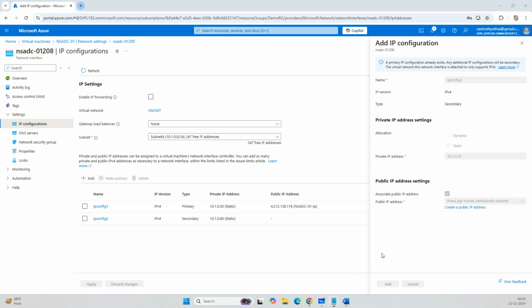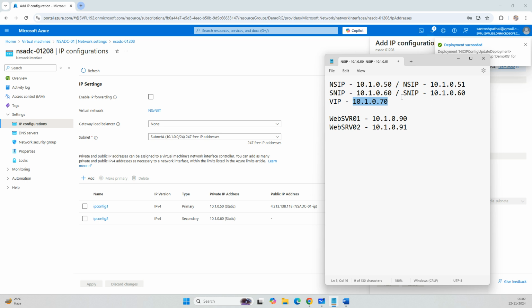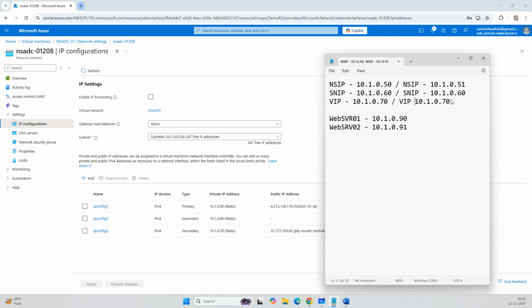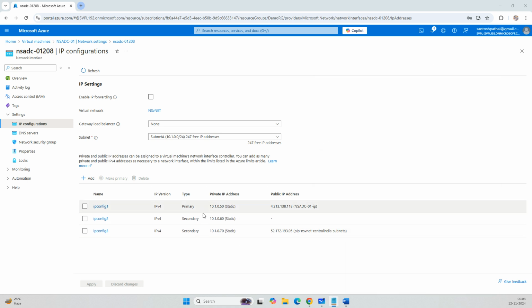Now, when you will be configuring high availability on Netscaler, on the ADC instance 2 also, you will be using these same two IP addresses. You'll be using on the ADC 2 also 10.1.0.70 as the VIP, virtual IP address or virtual server IP address, and SNIP will also be 10.1.0.60. On Netscaler, maybe we will not be doing the configuration, but on the Azure part, we need to do this configuration. And your other Netscaler will have a SNIP that will be a different IP. So now here I have assigned the